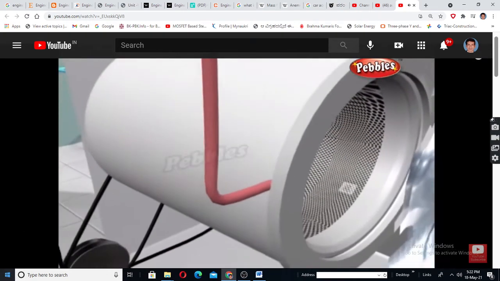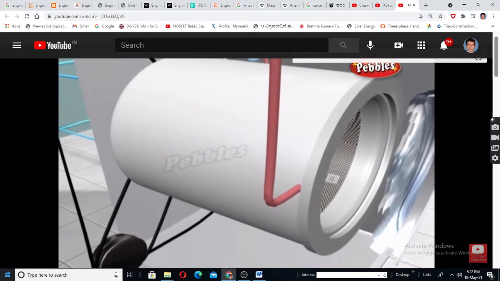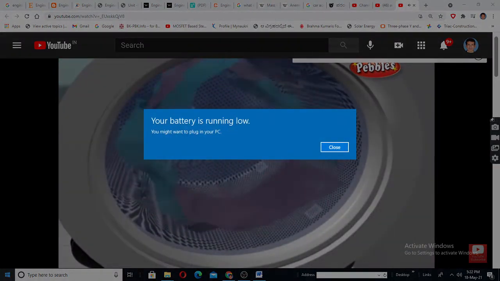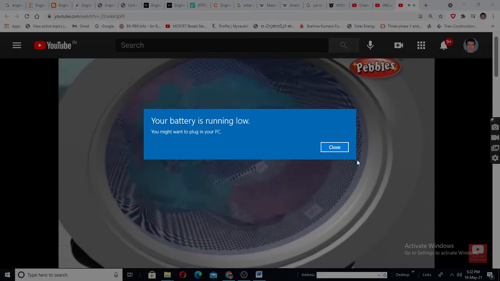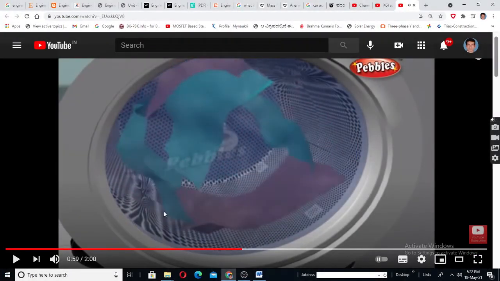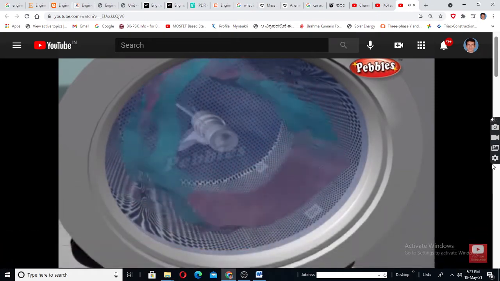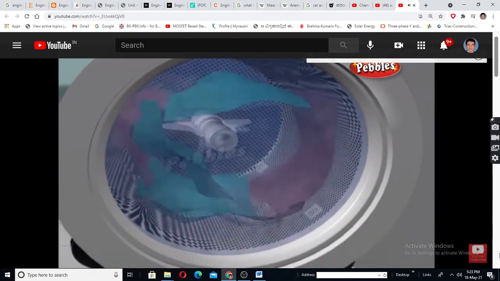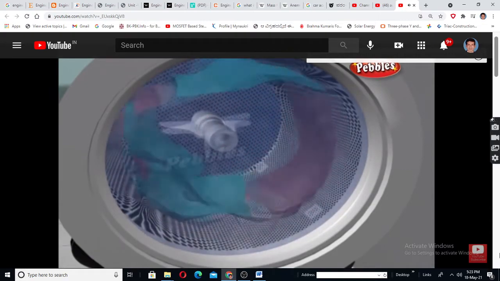To flow through to an outer tub. The outer tub is solid and holds the water. At the center of the inner tub is an agitator. The agitator pivots clockwise and counterclockwise about three-fourths of a revolution, plunging clothes through water to wash them. Or maybe front loading itself. In the video it has been shown as tilted. While rotating it will rotate clockwise and anti-clockwise so that the clothes are cleaned thoroughly. Clothes keep moving from the top of the tub down to the bottom and back again.